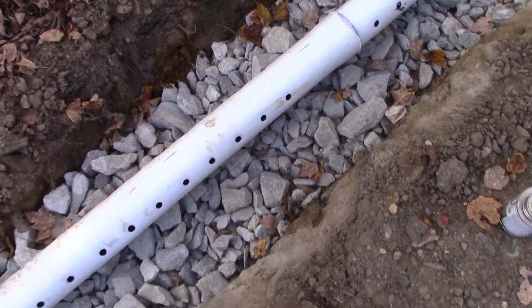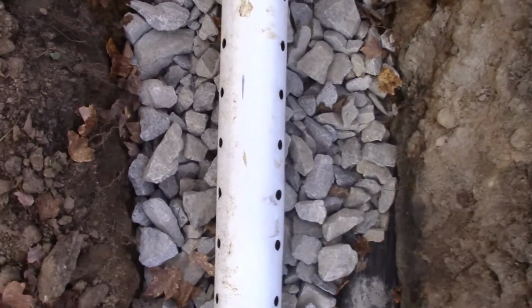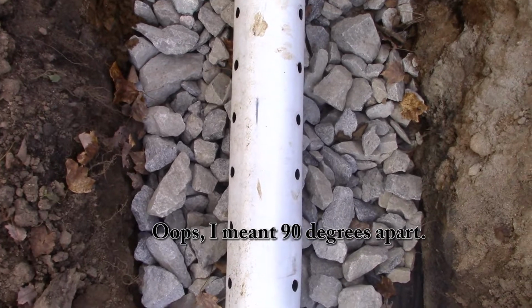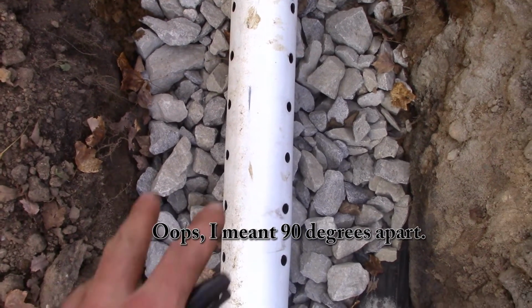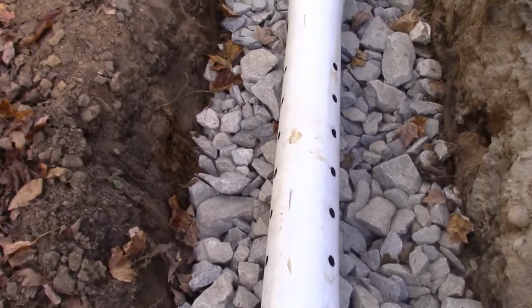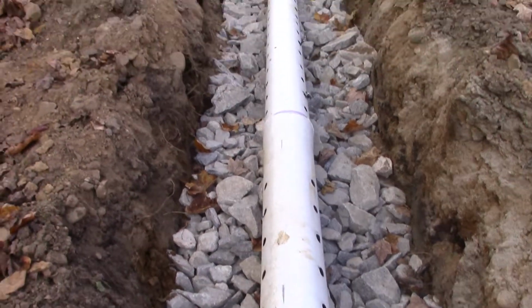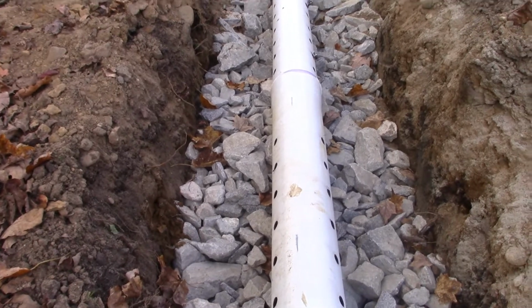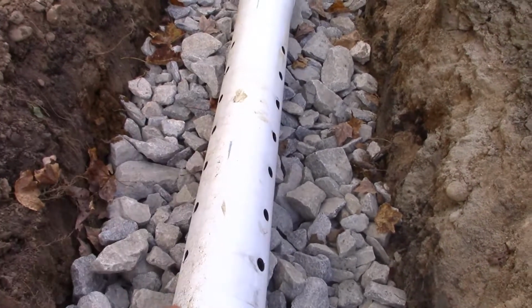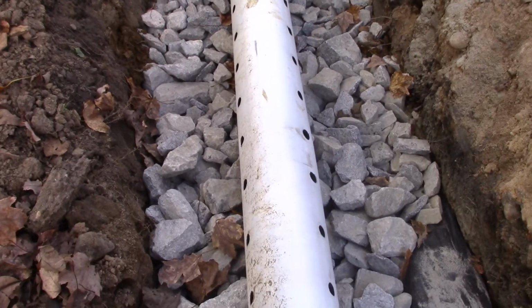Now this is important. These drain pipes have holes 45 degrees apart from each other, and these holes are supposed to be on the bottom. I have it totally 180 upside down right now, just for demonstration so you can see the holes. But these holes, this surface of the pipe has to be on the bottom. And it sounds counterintuitive,